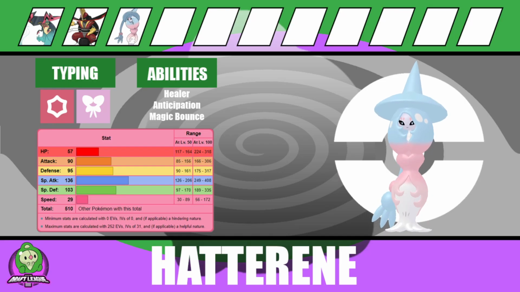Number 3 is Hatterene. Psychic Fairy, really great typing. It doesn't really have that many weaknesses for a Psychic Fairy. I think it's like Bug, maybe Ghost. That's already good enough as it is. And with this trio, I have a very strong Dragon Fairy Steel core,